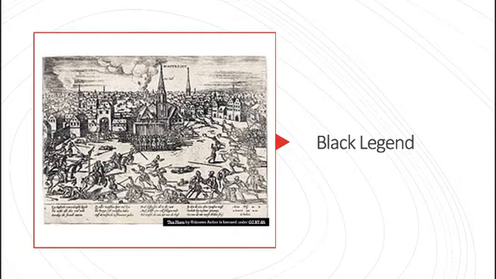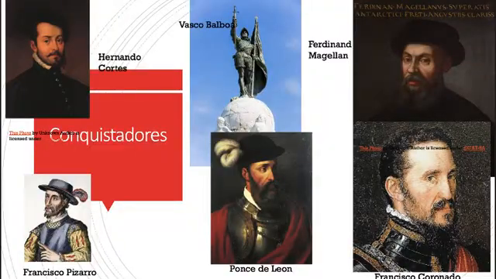Okay? Now, it was not just Christopher Columbus that came from Spain. There was a bunch of conquistadors. Conquistadors simply means conqueror. It's a Spanish conqueror. And I got just a few on here. There's Vasco Balboa, who discovered, all these people discovered stuff. Did they really discover? It had been seen by millions of people before. He discovered the Pacific Ocean by crossing the Isthmus of Panama. That's Balboa.